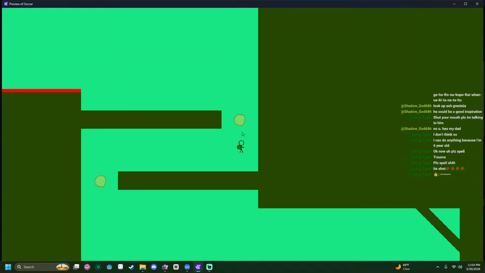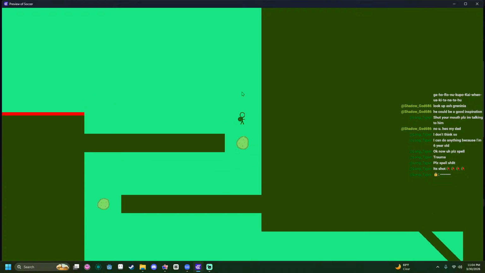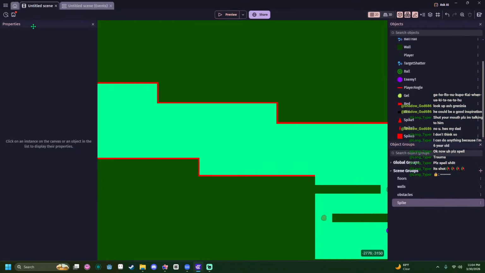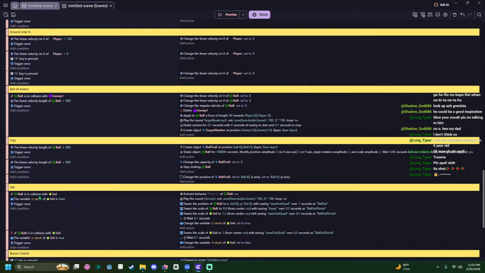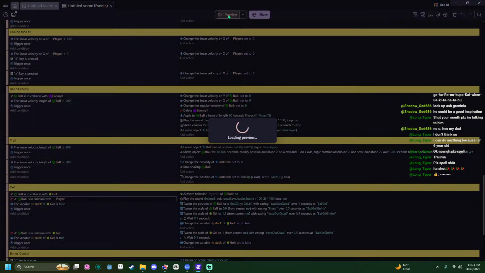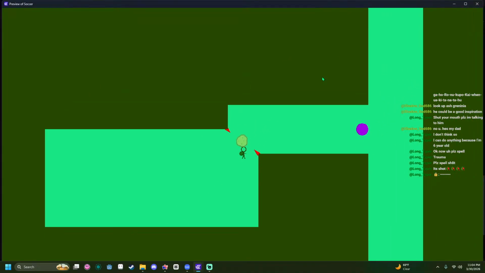What if we walk through it with this? Will that... Yeah, it will. That's what causes that bug. Okay. Okay, so... Where do we start that? If it's in collision, but the ball is not in collision with the player. So if the player's not holding it, then it won't go in. Okay. Yep, perfect.